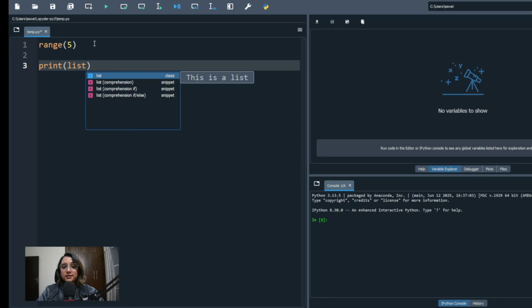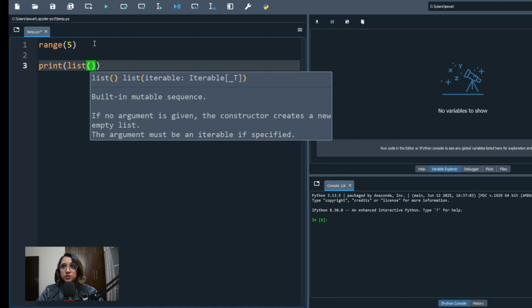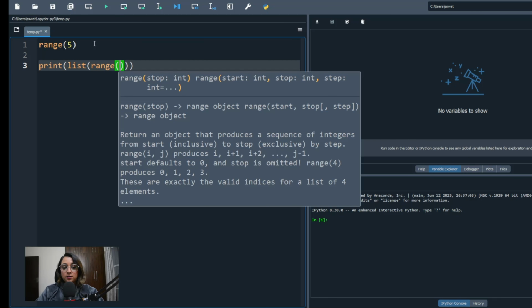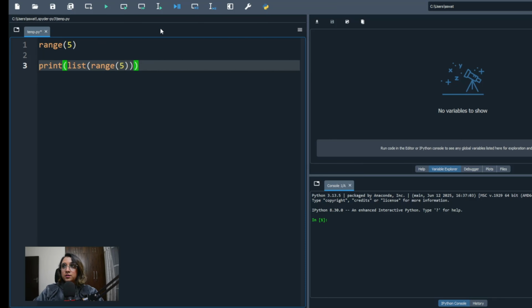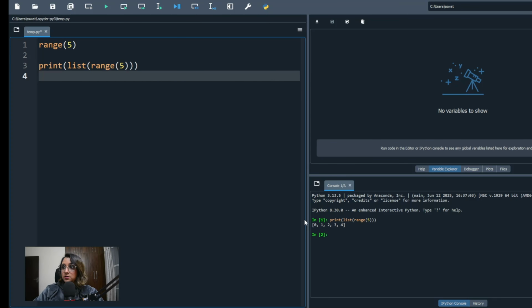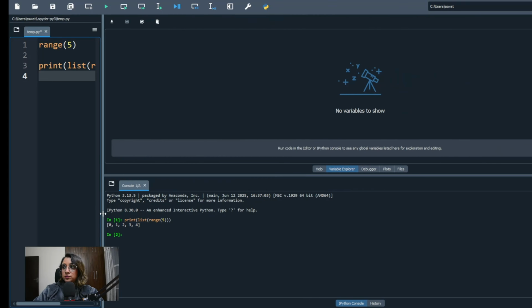I will write the list keyword, and then range, and then I give 5. I'm just going to run it, and in the console here you can see it has given me the list of numbers 0, 1, 2, 3, 4,